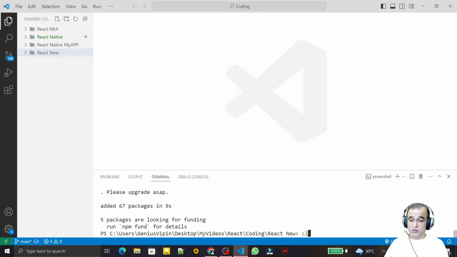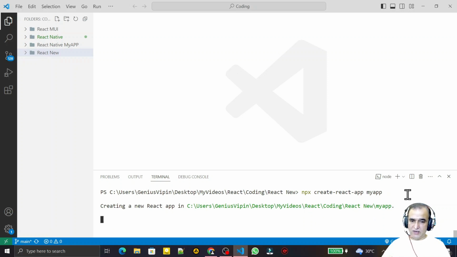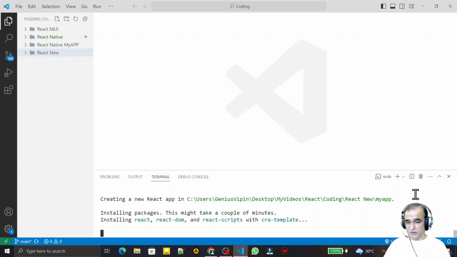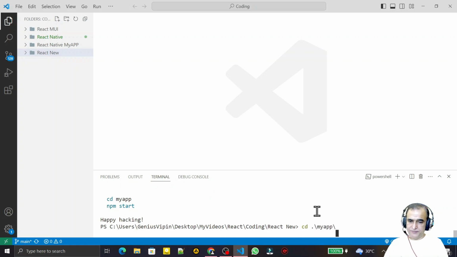Now this library is installed, so I say clear, cls, and once again I run the command npx create-react-app my-app. You see I run it, and it will create your React application, and you would be able to run your application also. You see it is starting, and I will have a new application named my-app. It will take a little bit of time. After a long time we have created this application. So go to my-app, and here you can say npm start.